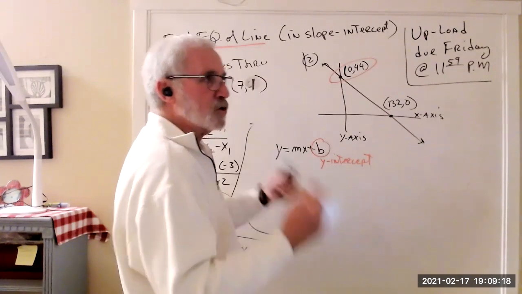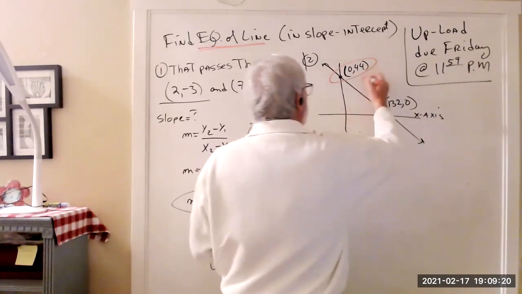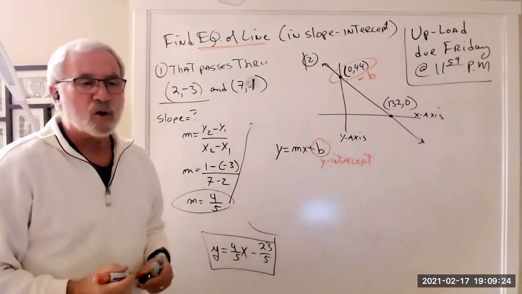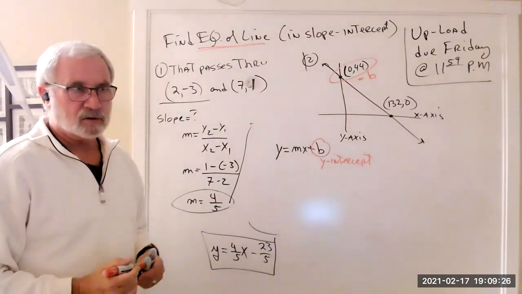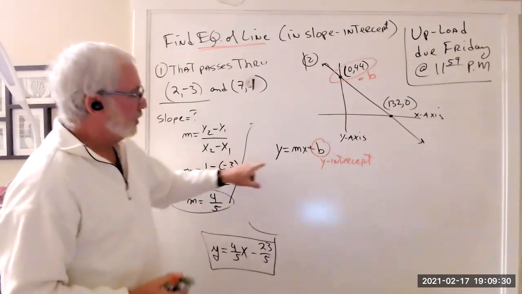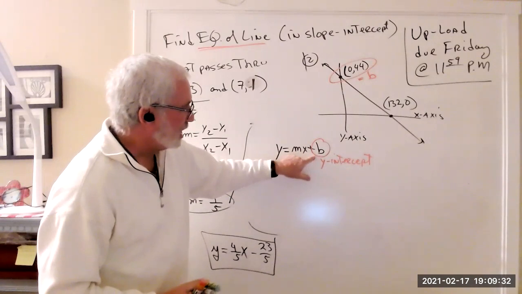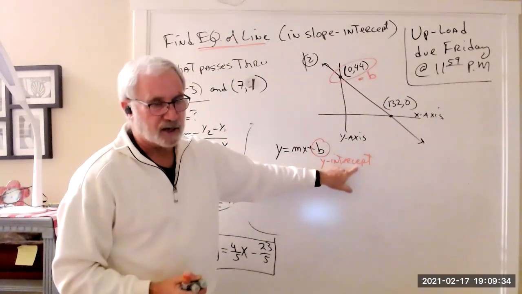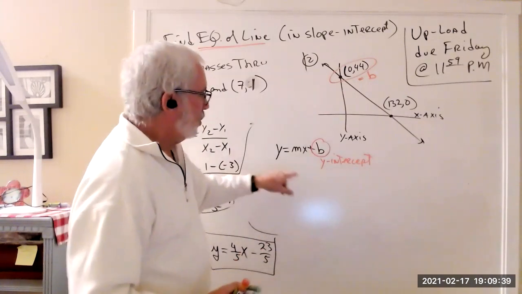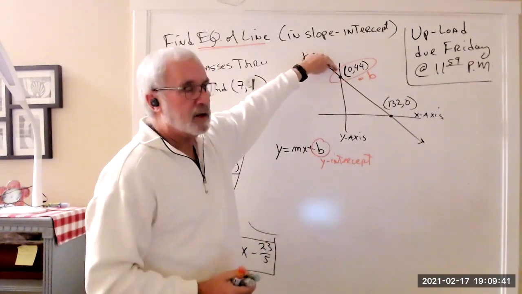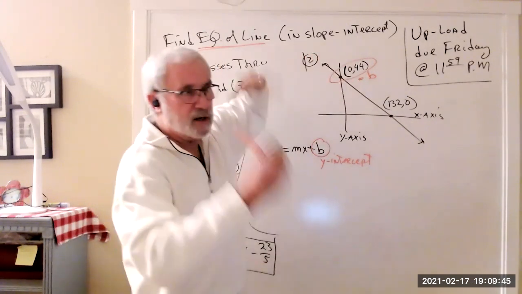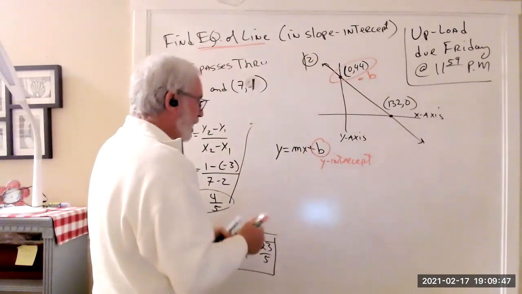They showed it to me on the graph, so this is my b value. I don't have to do any work for it. You guys see that? By knowing the pieces of the formula, the b stood for the y-intercept. So I can just look up there and go, duh, that's the y-intercept. b is 44. Yay, I'm done. Now, m